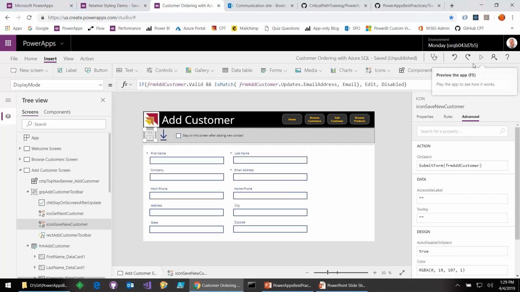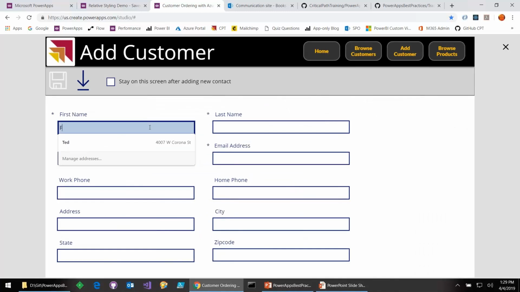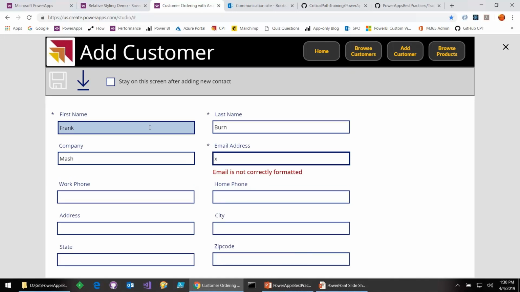So in particular, what we'd like to do here is, let's go ahead and put in our new particular user, Frank Burns. He works for MASH. And now notice that if I add something in, X, all of a sudden I have this validation rule pop in. Now, I don't want to bring it up when the control is blank because you're yelling at the user before the user's had a chance to fill things in. But once that user fills something in, what we're going to do is we're going to have to do